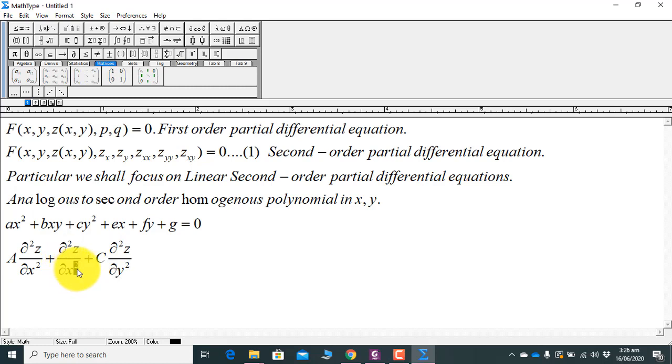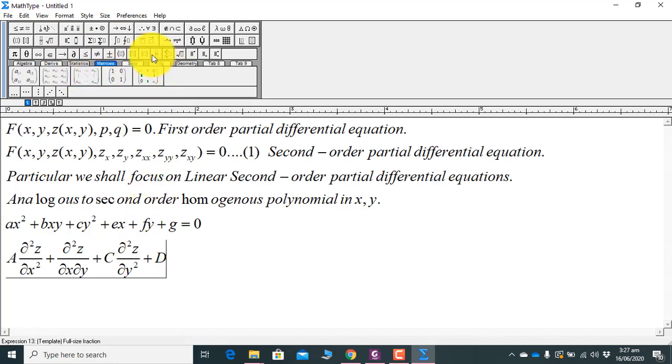So you will write partial square z over partial x partial y, okay. This is the second term, plus D partial z over partial x, okay. This is now the linear term, plus E partial z over partial y,